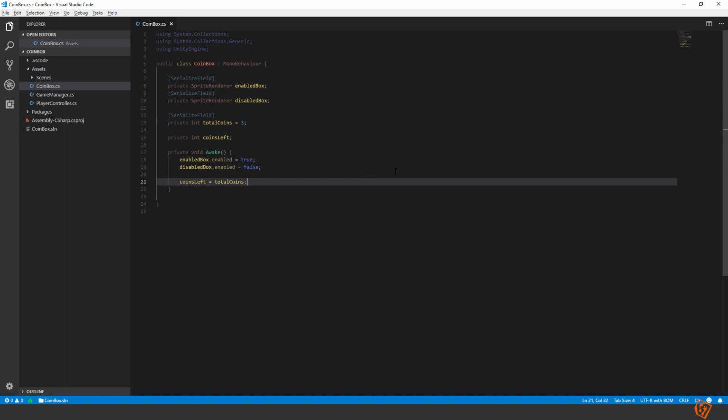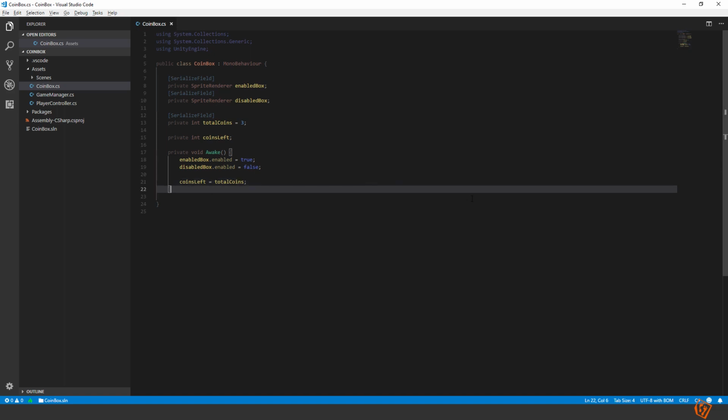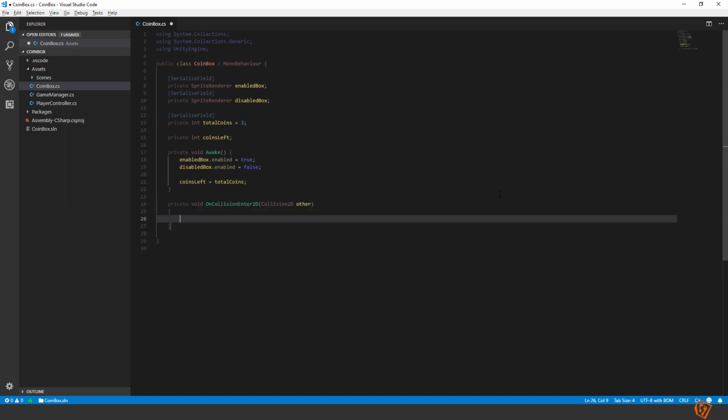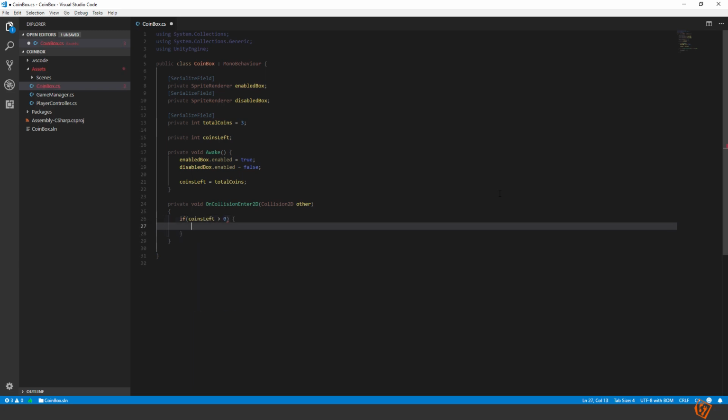All right, so now we are ready to handle some collisions to trigger the coin box. Let's create the OnCollisionEnter2D. Here we will first check if we have any coins left, otherwise we shouldn't be able to interact with it. If coinsLeft is larger than 0, then we will do this. Okay, and then we will check if the thing that has collided with us is the player, otherwise we won't trigger this. We can use this variable to determine what object has collided with us. So if other dot collider